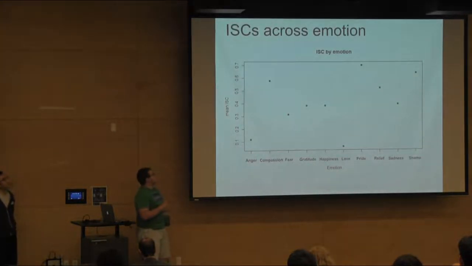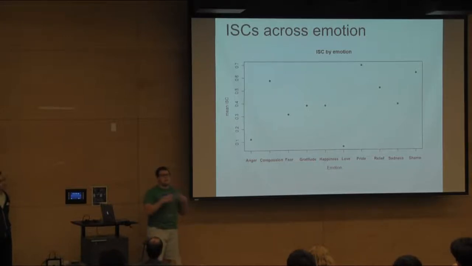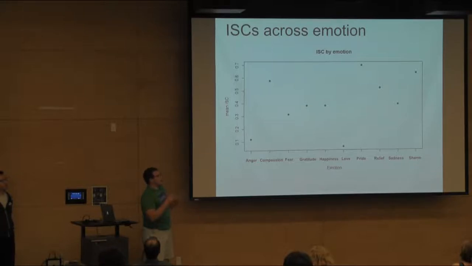The first thing I did is look at the mean inter-subject correlation broken down by each emotion. There were some surprising findings. I would have expected more basic emotions like anger, fear, and sadness to be relatively high, since these are very old, conserved psychological processes, but instead it seemed to be some of the social ones that have the highest inter-subject correlation values, like pride and shame, which come about in a socially evaluative context,